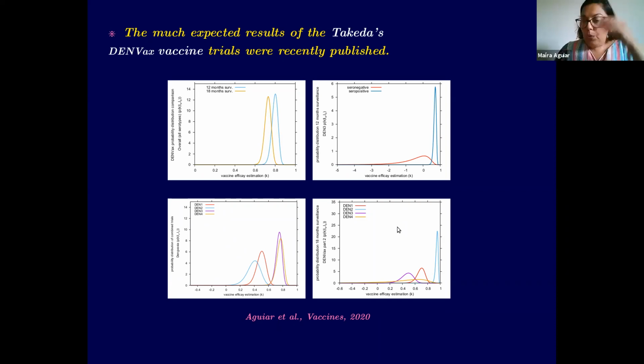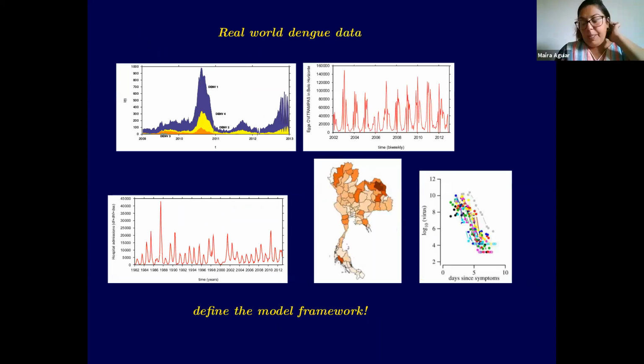But we are going to discuss that when we implement it into the model, just to give you an idea that we have information about the biology of the disease. We can develop a model, we can extend the model in order to analyze the controls we have at hand, in this case vaccine or vector control. And from there, you have to evaluate the data which is available and then implement it into the model